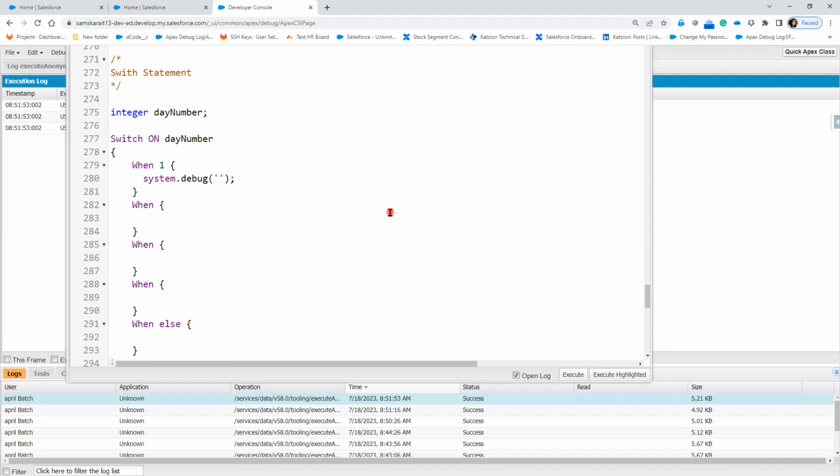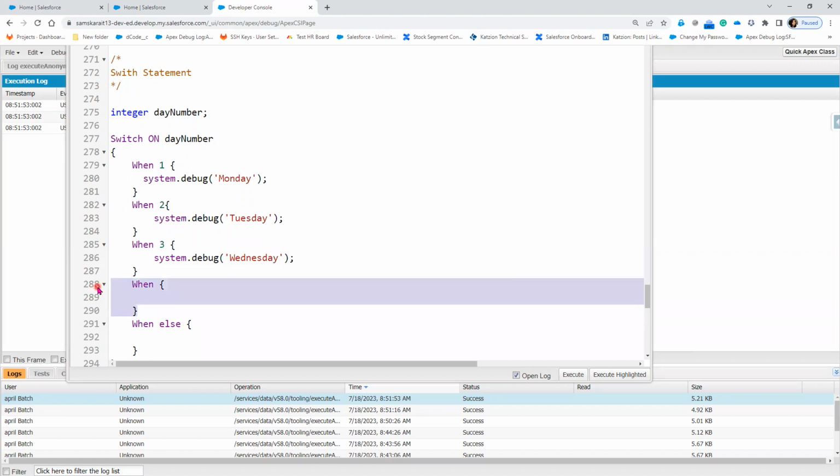System.debug. Let's say it is Monday. Like this, I wanted to print the values. And this is the Tuesday. When it is 3, then I'm going to specify it is Wednesday. Well, in case there is nothing, assume that the number is not matching. I have given only 1, 2, 3. If none of these are matching, then simply I'll say that